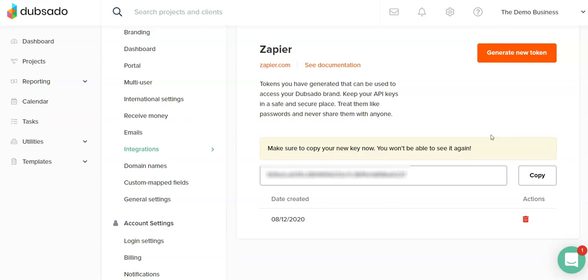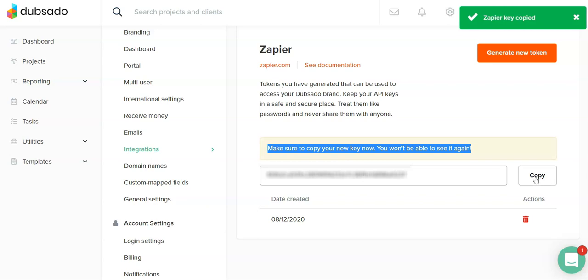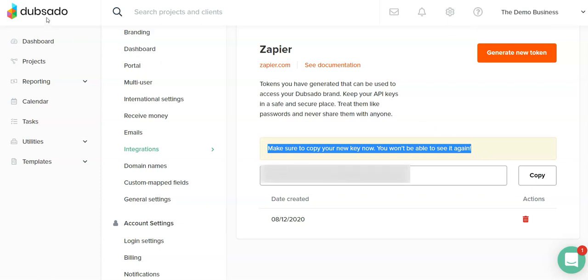Now, when you generate this new token, make sure that you copy it, because once you're gone, you won't see it again. You would have to generate a new one. So let's go ahead and copy that. And we're going to go over to Zapier and I'm going to show you exactly where you're going to put that key. So once you have logged into your Zapier account,